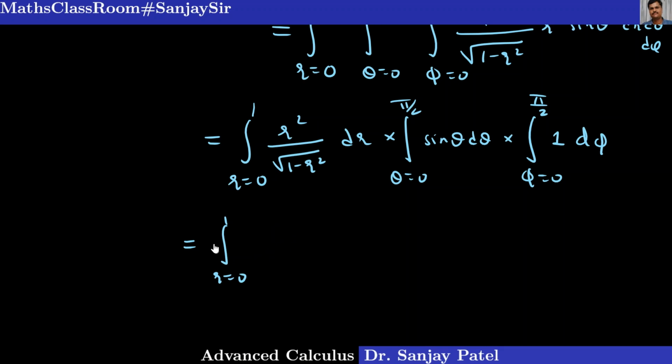What I want to do here is, first I multiply this by minus 1, so I will write minus r square upon square root of 1 minus r square. Okay, then add and subtract 1, so 1 and minus 1. Okay, so I can write like this into, this is very simple, integral of sine theta is minus cos theta,